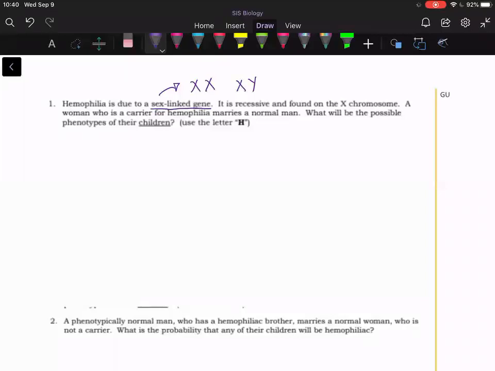Okay, so let's put the let statement. So let H be normal and little h be hemophiliac. Now let's look. We have a normal woman. This is the symbol for a woman. So if she is normal,